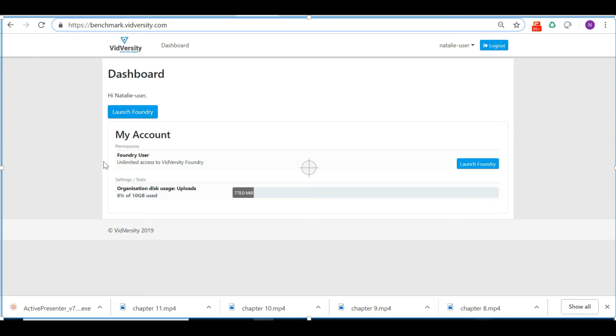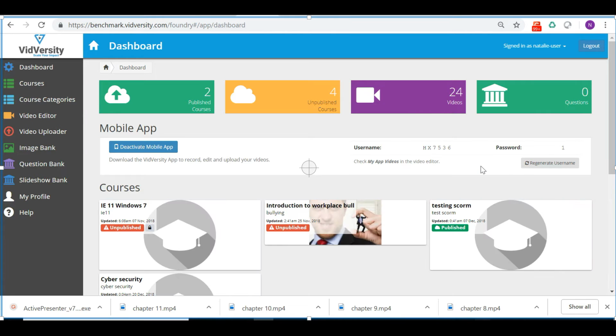So, getting started with Vidversity. You'll see when you log in, you come to this area here, click on Launch Foundry, and it will launch you into the application. Now in relation to the application, we have our desktop application, which is this one here,